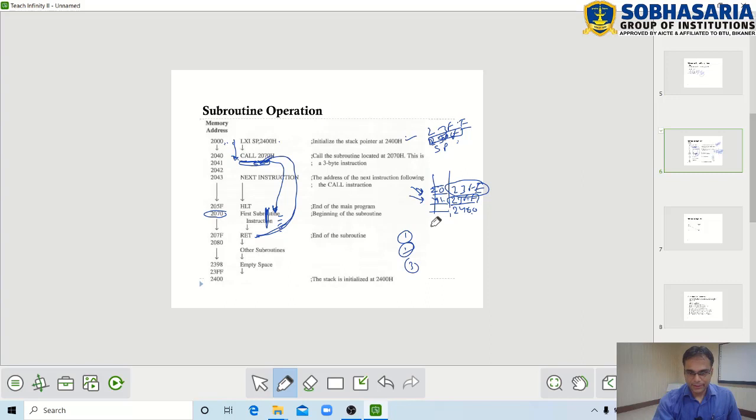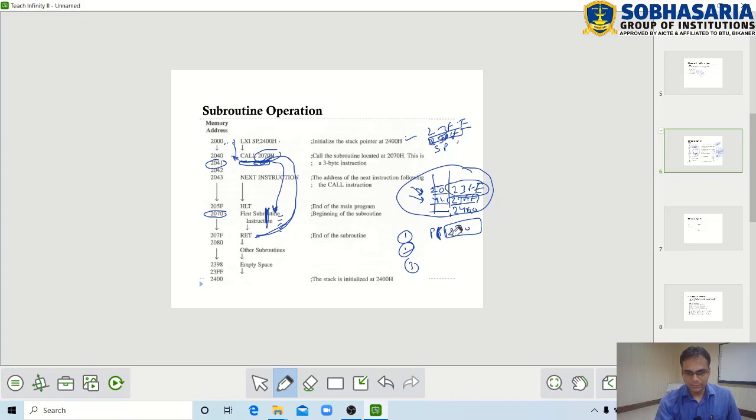And what will happen with the program counter? When the call instruction is executed, this is the first thing which is done, meaning this address is saved inside the stack, and the next thing is the program counter will have this part, 2070.